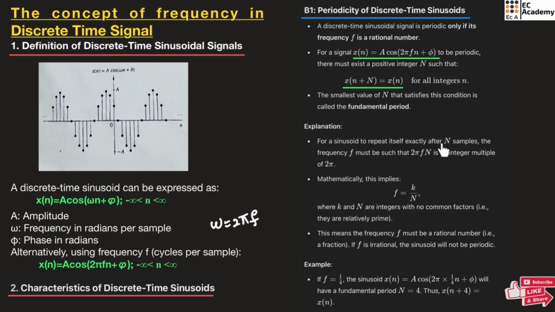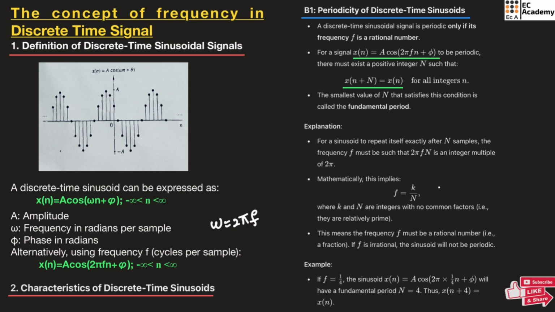So in the standard equation of a sinusoidal signal, we are having the term 2 pi f n. So this 2 pi f N should be an integer multiple of 2 pi. Only then the signal will repeat itself after N samples. So this is representing the property of periodicity of discrete time signal. Mathematically, we can write f is equal to k by N. So from this we can understand that frequency is inversely proportional to capital N, the number of samples,